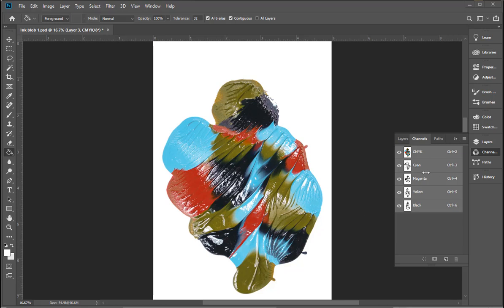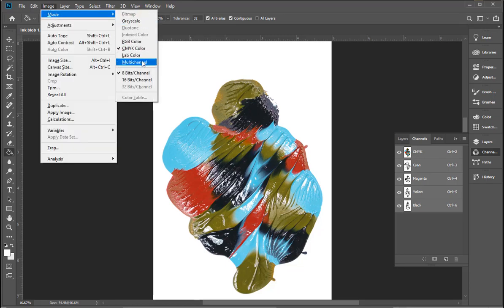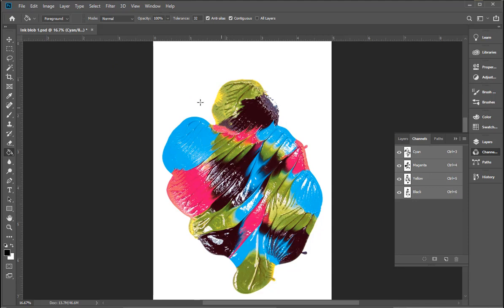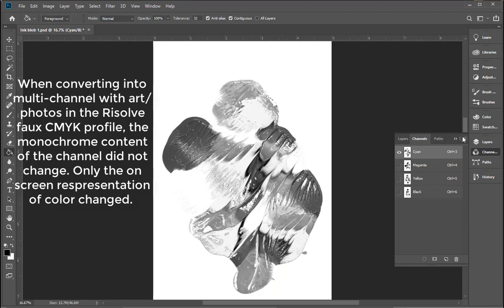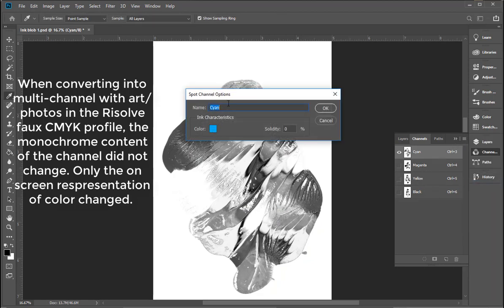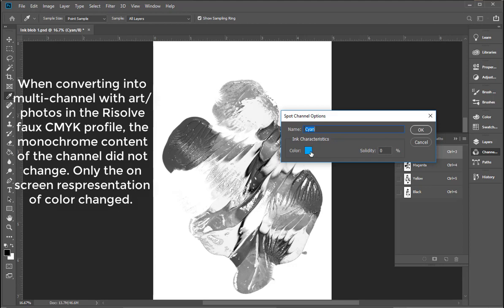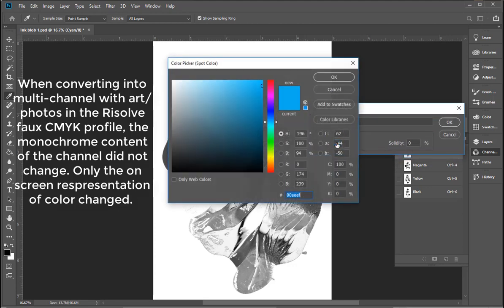So for my purposes, I don't like to keep it in this CMYK color space. I like it to be in the spot colors. So to change that is really easy. If you just go to Image, Mode, Multi-Channel, you end up with this situation. And what this is, is that when you go from CMYK into that sort of undefined color space of multi-channel using the spot colors, it's going to convert the different CMYK channels into what it would normally pick for cyan, magenta, yellow, and black. But I'm going to be printing this with aqua,